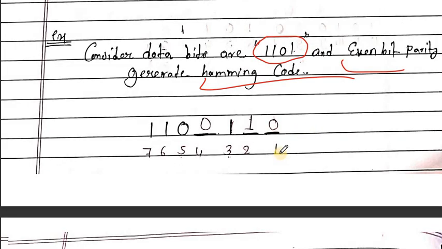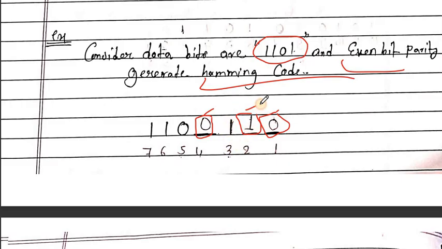The parity bits are placed at the 1st place, the 2nd place and the 4th place. Other than these, positions 3, 5, 6 and 7 hold the message data bits. Now these 3 places are the parity bit places. Now we have to balance the parity bits for the message bits.